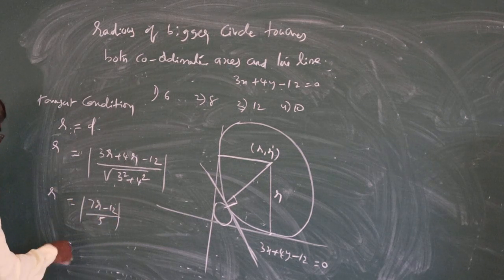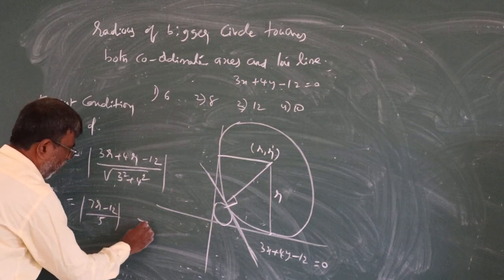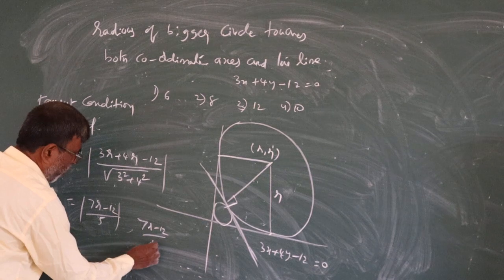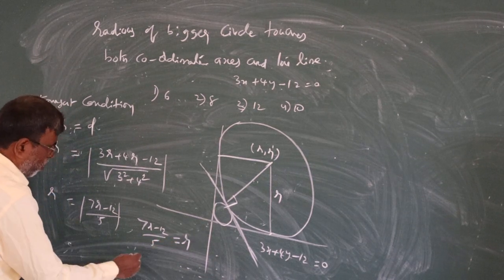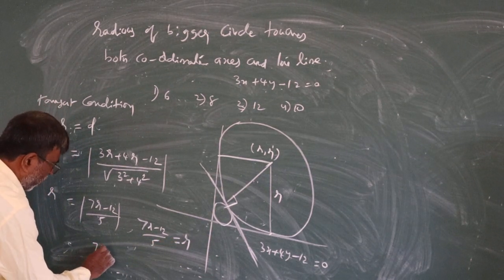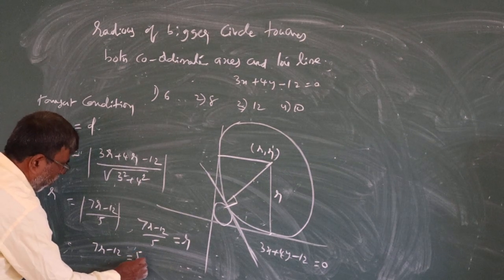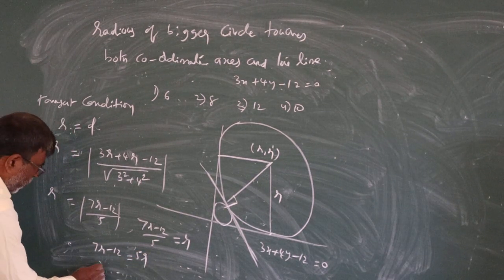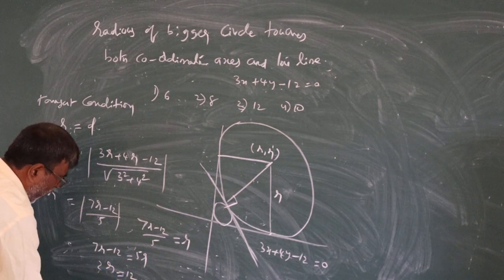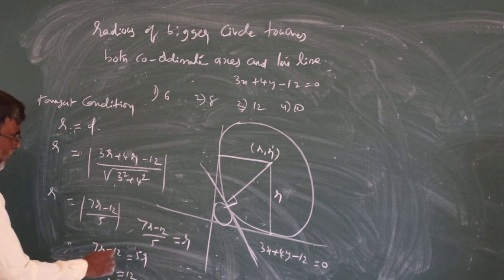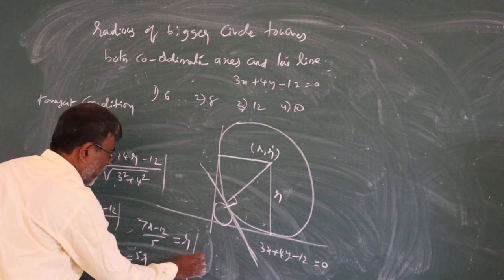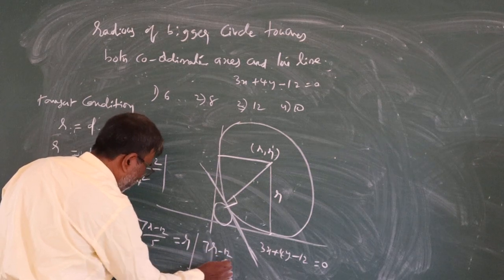With the modulus, there are two values. 7R - 12 over 5 equals R. From this, 7R - 12 equals 5R. That is 2R equals 12, R equals 6. Another case is when (7R - 12)/5